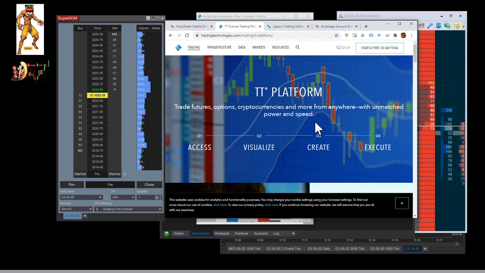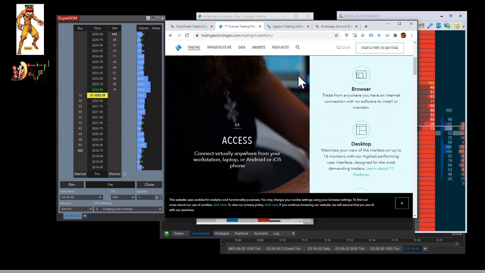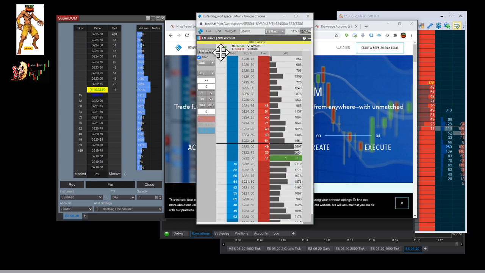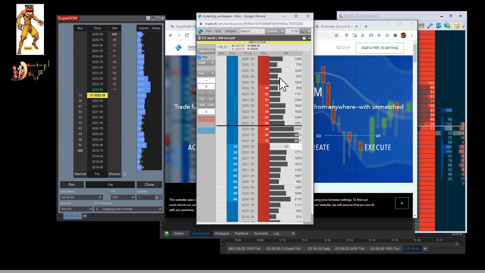So those are the guys who first introduced the depth of market. So if you want, you can have a free trial. So create an account, you will have a free trial. So that is what I did here. I have a free trial, and you will have access to the Dome. So you will see basically the depth of market. I feel the interface is much better. This is what most of the professionals are using to be able to check the order book and take their trades, right? So I think maybe 80% of the professional traders are using TT to be able to play with the order book. So if you want, you can have 30 days for free.